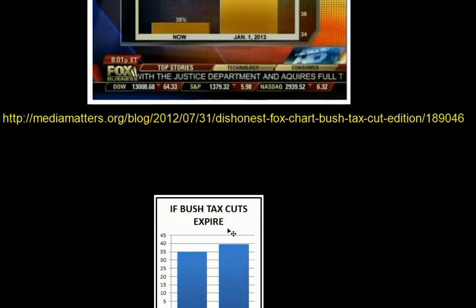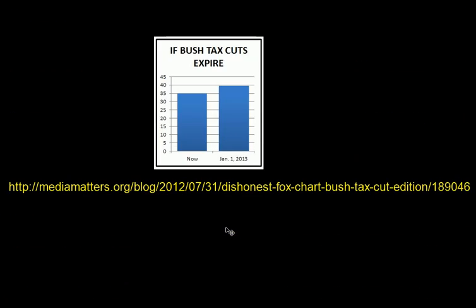To show you what the graph looks like with an appropriate axis, it actually doesn't look like that big of a difference as Fox News was trying to point out. So starting bar graphs at 0 is a very common way to mislead viewers of